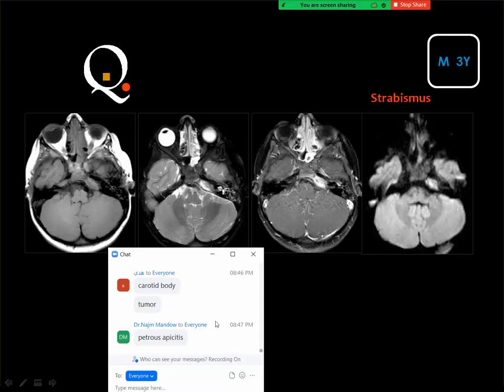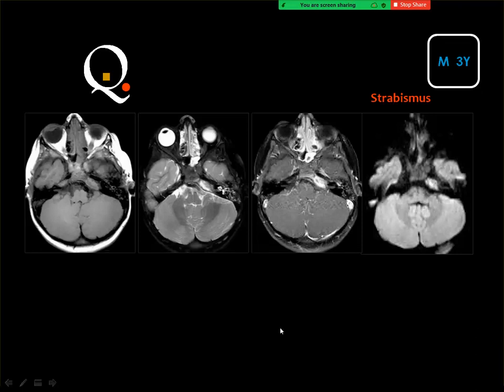Yes, the answer is good. This is petrous apicitis, or apical petrositis, and this is a complication of otitis media. The patient had otitis media. And you see fluid signal in the mastoid air cells as well as in the middle ear cleft, and you